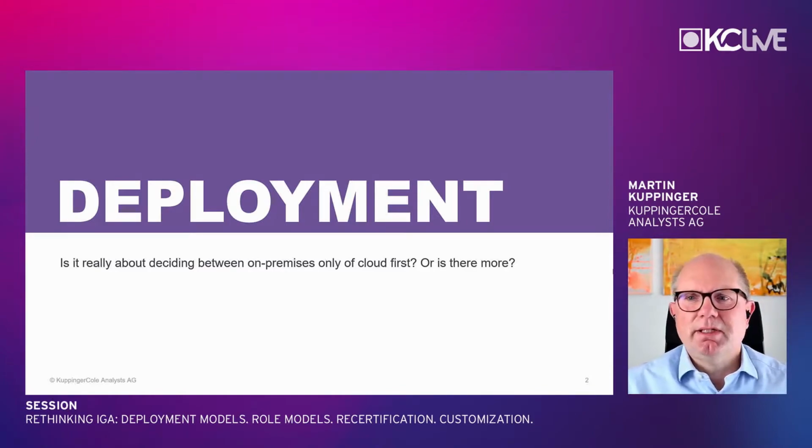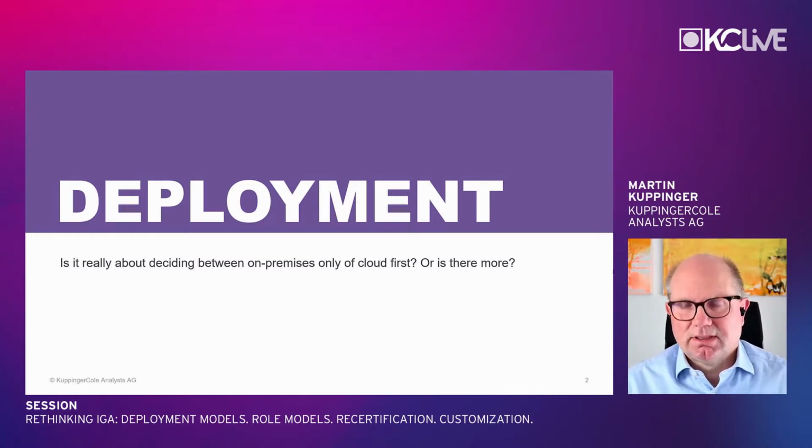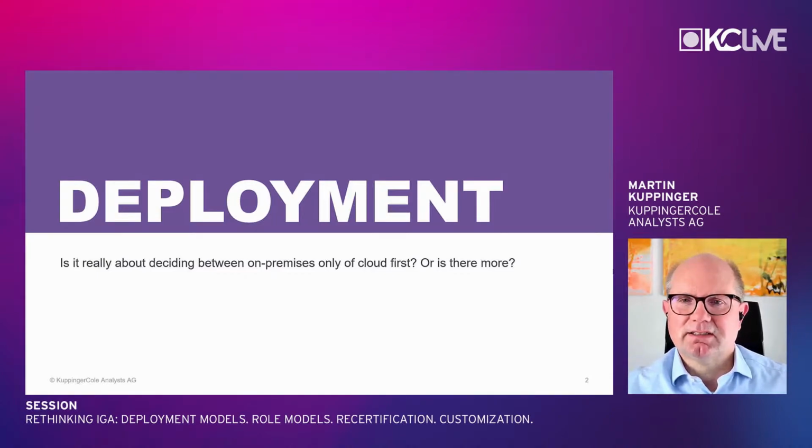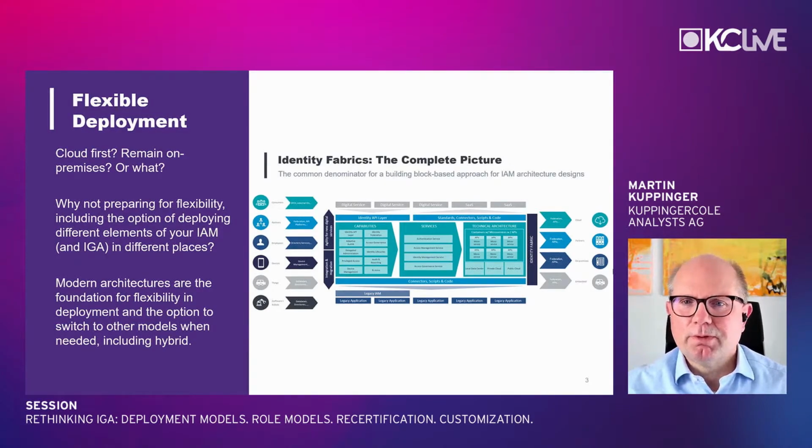And it may be that a lot of customers, and that's our experience as well, are better served with something which allows them to decide somewhat flexibly about a deployment model, maybe even having instances in different models. And so when we talk about flexible deployments, it's about cloud first, remain on premises, what else to do? And so at the right side, you see this identity fabrics picture. I've talked about it in a couple of talks over the last 12 to 15 months, and there's a ton